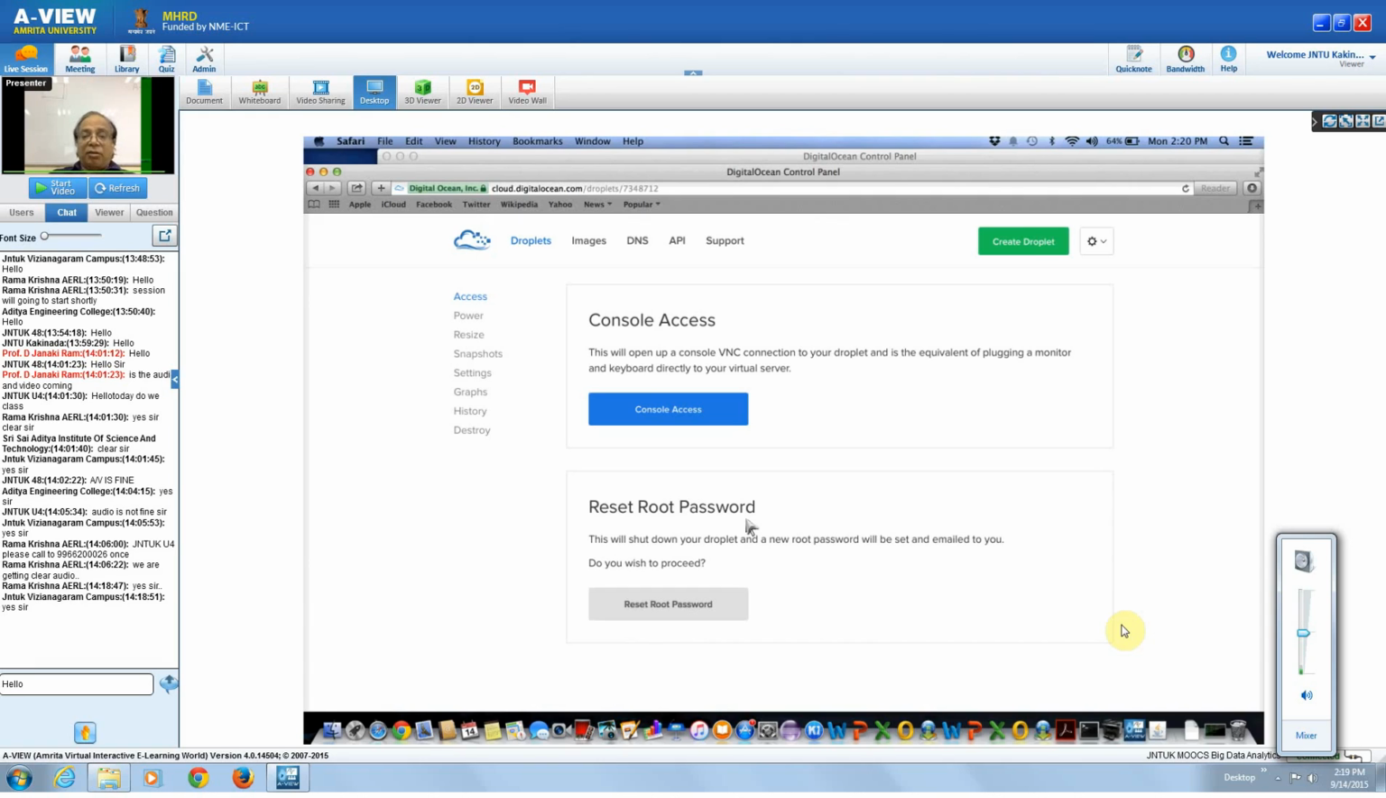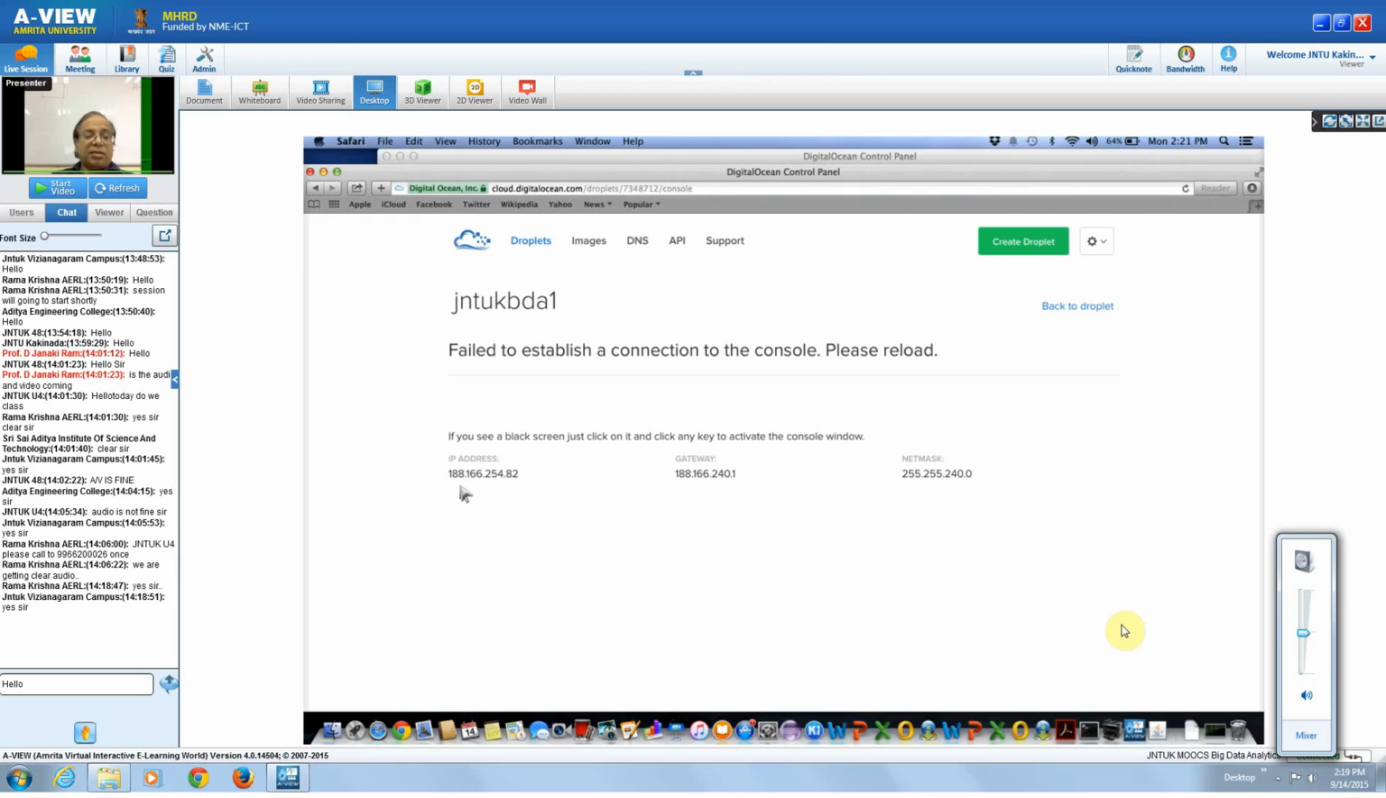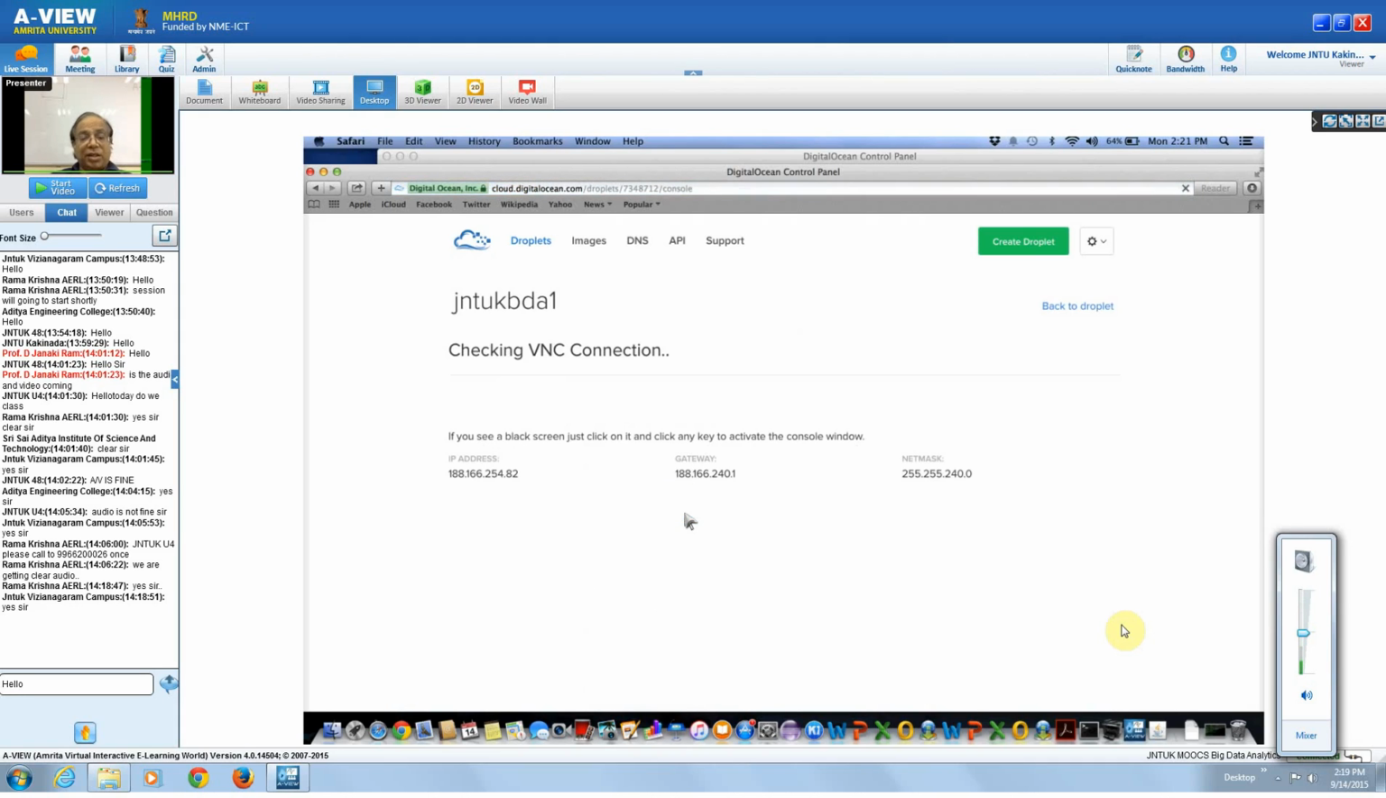Okay. For example, in this particular case, if I click on console, I should be able to get the console access. Okay, so you can see this machine has the IP address 188.166.254.82. I guess it says that it failed to establish a connection to the console, and it says no, back to the droplet. I'll just see if the droplet got created. Let me just see if I can get a console access again. Okay, the reloading probably